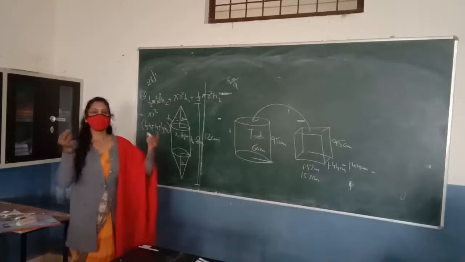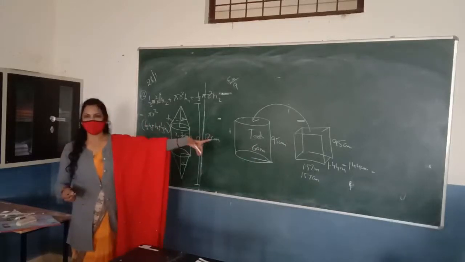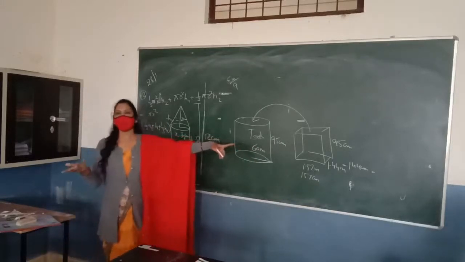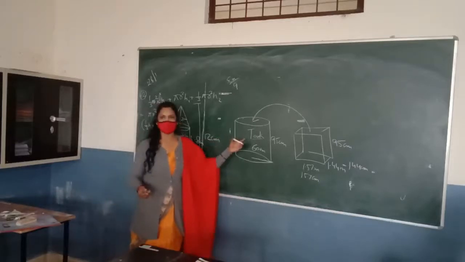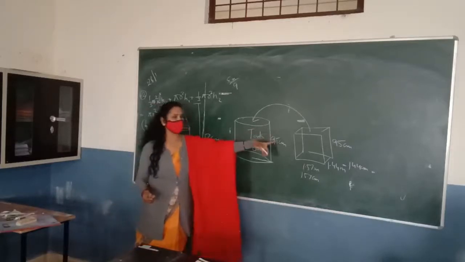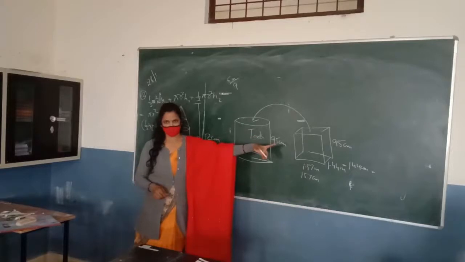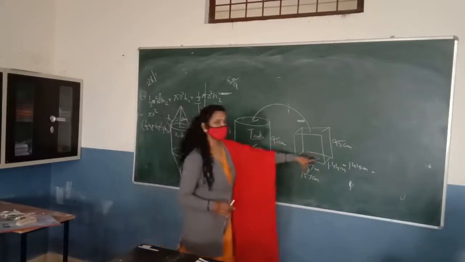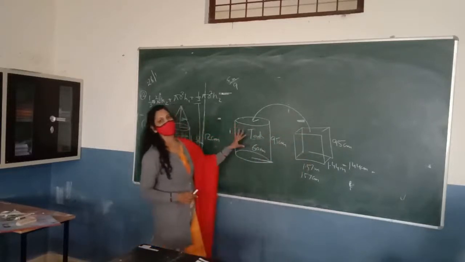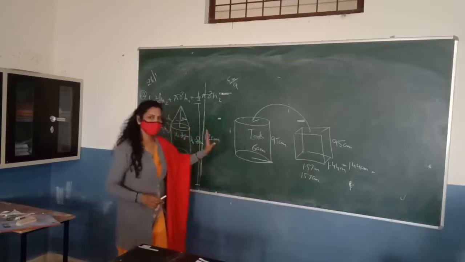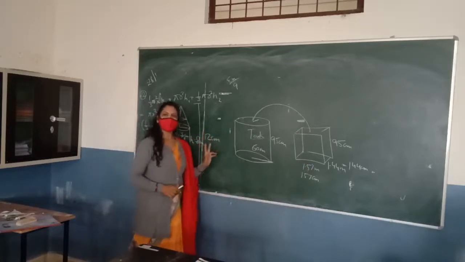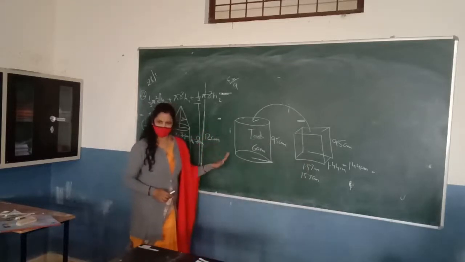So Anisha, this is really simple. If you want to find how much water is left in this tank, what will you do? You will subtract the volume of the water in the cylinder from the volume of the water which was present in the cuboid. So the volume of cuboid minus the volume of cylinder. Okay, good Ashish. Sit down. Are you clear? Can you do yourself?